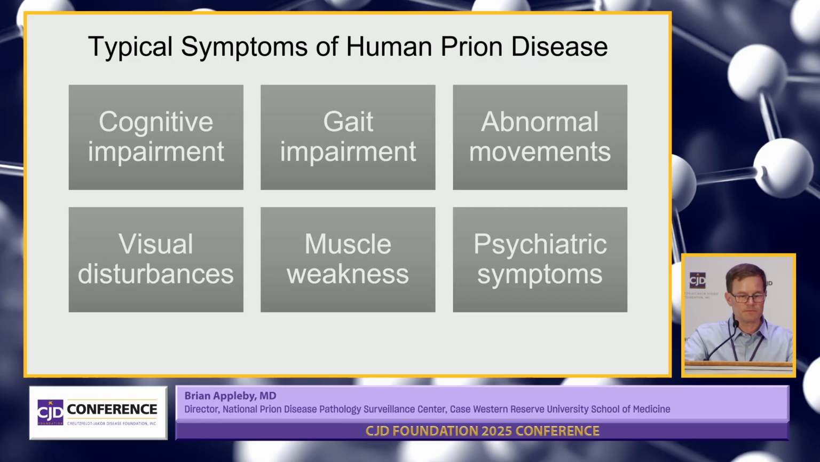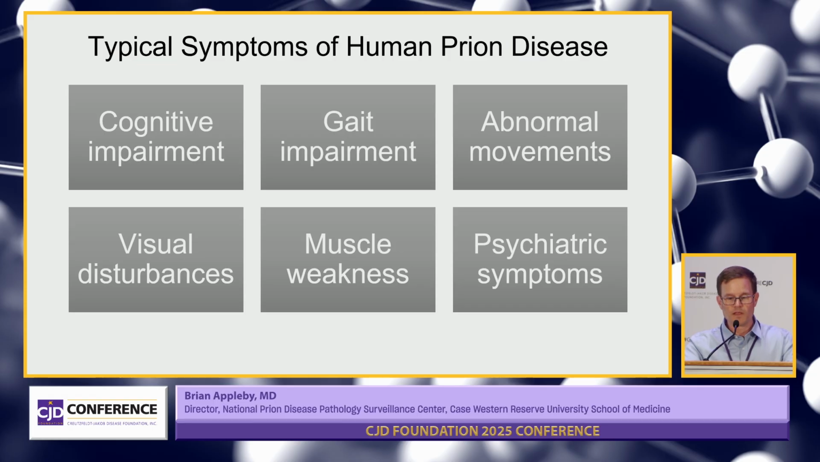So some typical symptoms of human prion disease, it's going to be varied in everyone, but these are the most common symptoms. It can be cognitive impairment, memory problems, problem coming up with words, problems with their walking or gait, abnormal movements, Parkinson's-like symptoms or jerky-like movements. Sometimes people have visual disturbances. They can't see like they used to, so that results in them tripping over things. They may have muscle weakness or a variety of different psychiatric symptoms, some things like mood and anxiety disorder, sleep